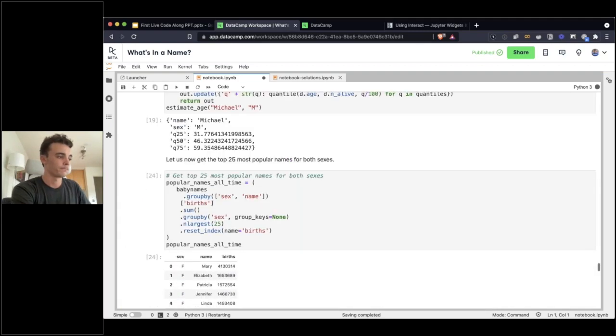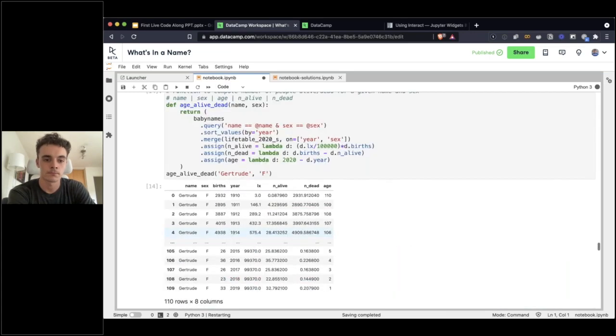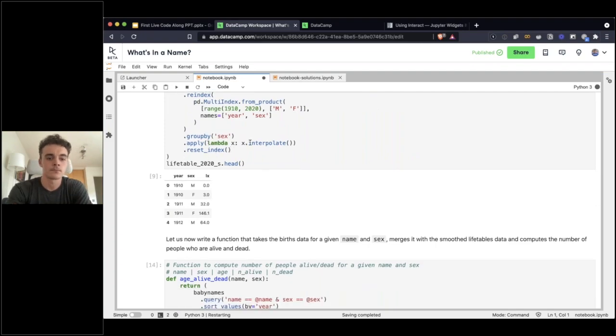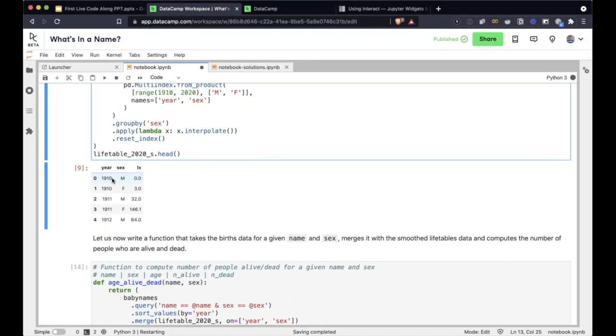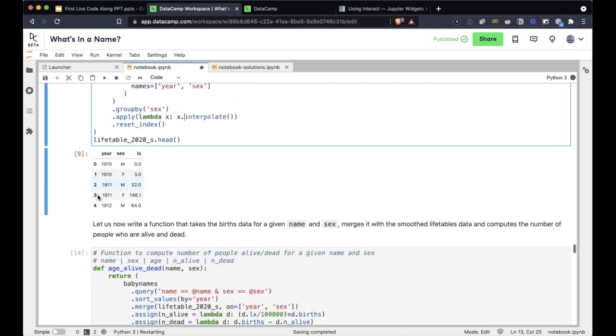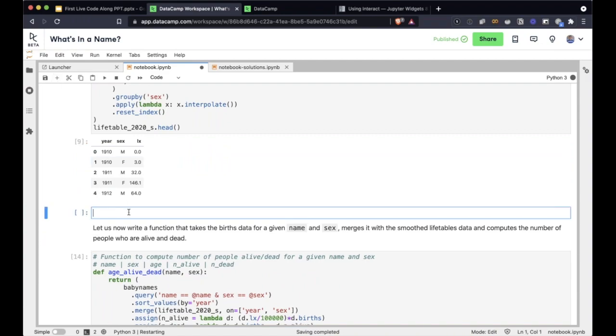Yes. So let me go back to where I have the interpolate. Hang on, where's the interpolate function? Yeah. So basically, what the interpolate function does is it takes a series. In this case, a series, as we saw, had data for 1910, 1920, 1930, right? And it uses an algorithm to impute the values. I think the imputation is basically a simple linear interpolation, but we can check it out.